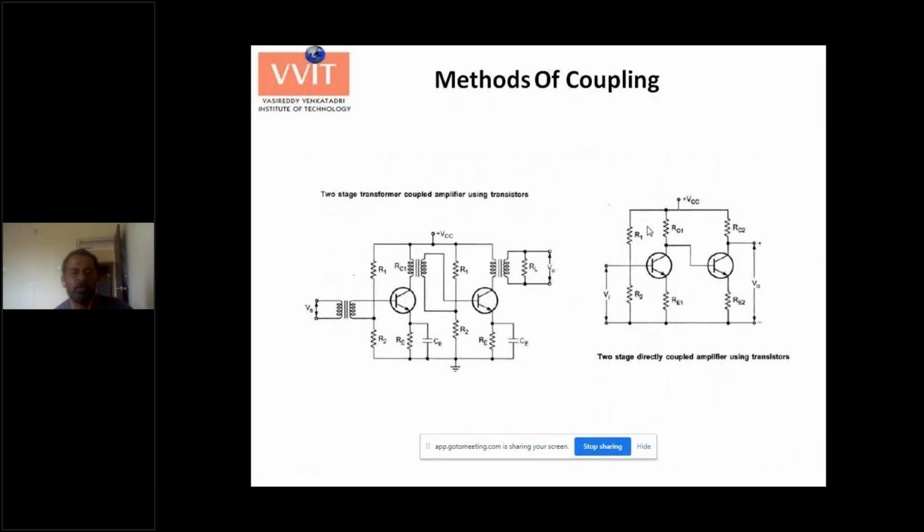Now, here we have already seen the example of RC coupling. This is the example of what? Direct coupling. This is how direct coupling is performed. 2 CE amplifiers are cascaded like this, and this is what we call transformer coupling. Don't go for transformer coupling because it is costly. The transformer itself is costly. In general applications, don't go for transformer coupling. It is costly, bulky, the circuit becomes bigger, and the important thing is the frequency response is not flat. For some specific applications, we go for transformer coupling.